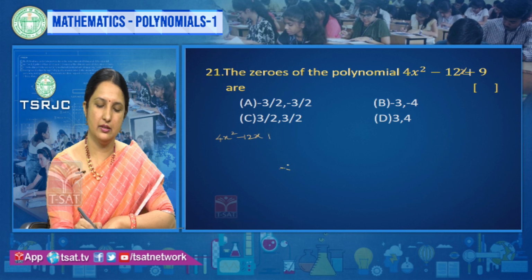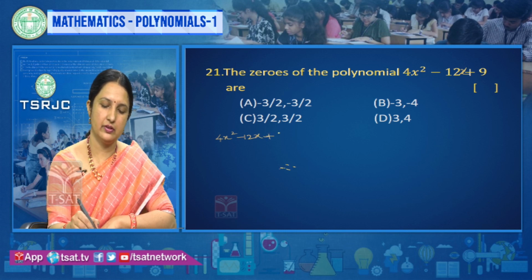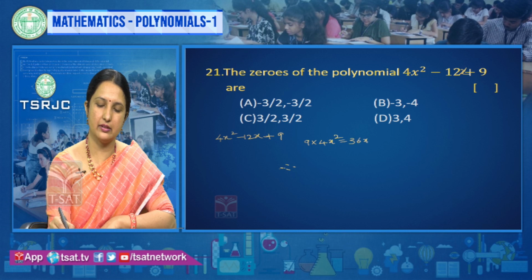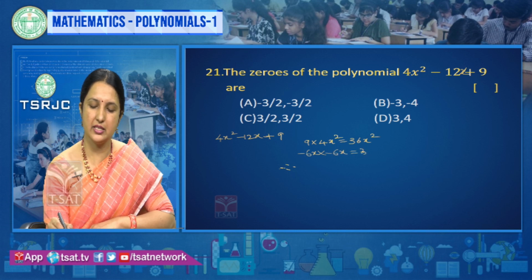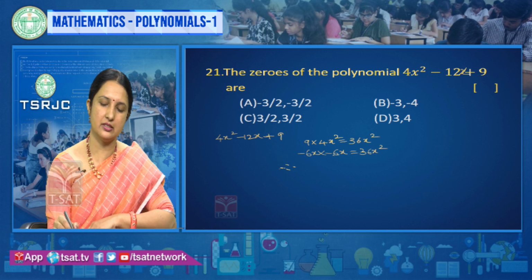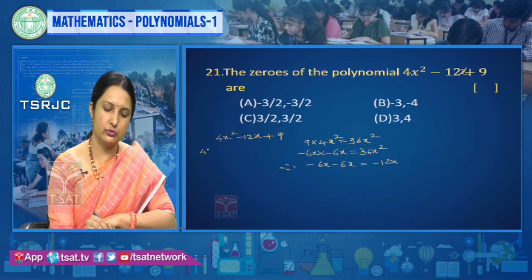Minus 12x plus 9. 9 4s are 36x square. The next 12, we should get 36. 6 6s are 36, minus 6x into minus 6x, that is minus into minus plus, 6 6s 36, x into x square. So when you add this minus 6x, what you will get? Minus 12x. So write here 4x square minus 6x